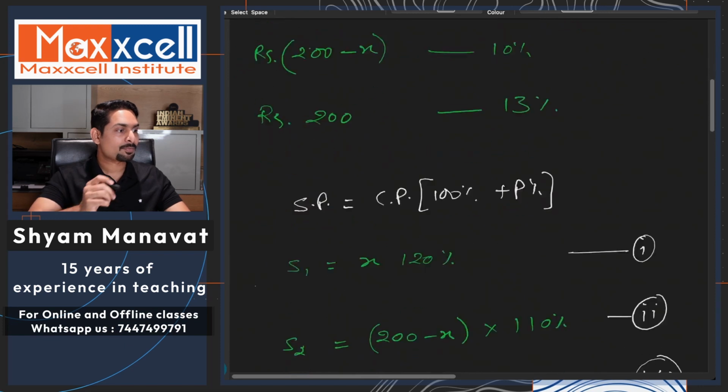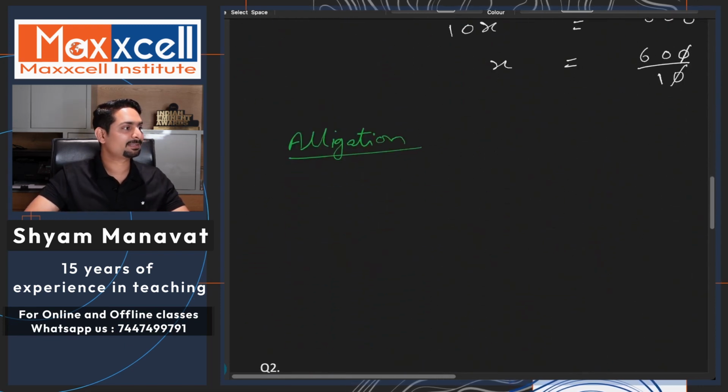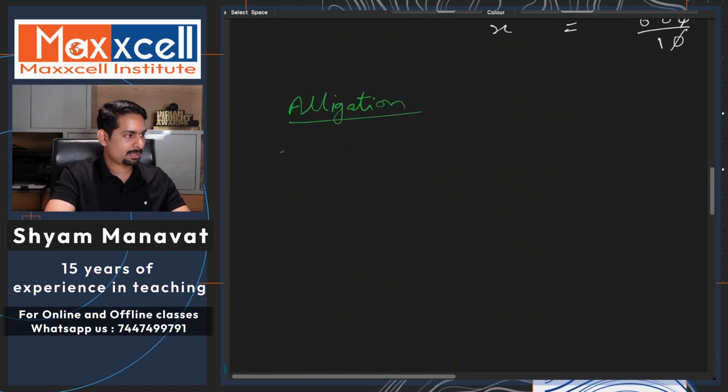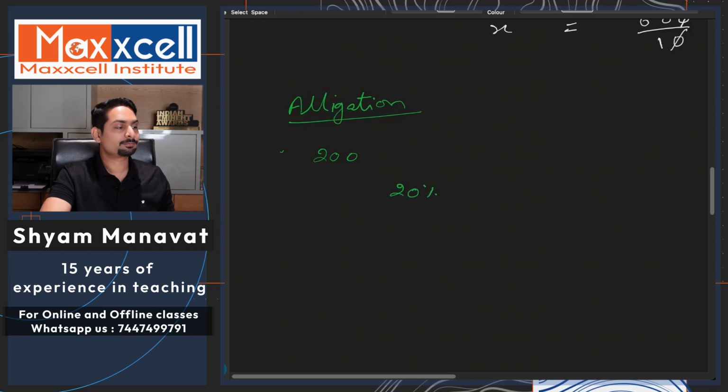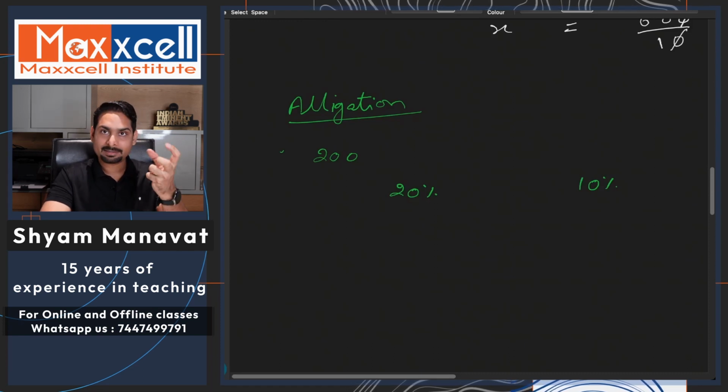But the alternate solution will be only specific to this particular case, where you got some total quantity, out of which one part is sold at some profit, which is 20% given here, the other sold at 10% profit, which is given in the question, and when you combine, the total profit